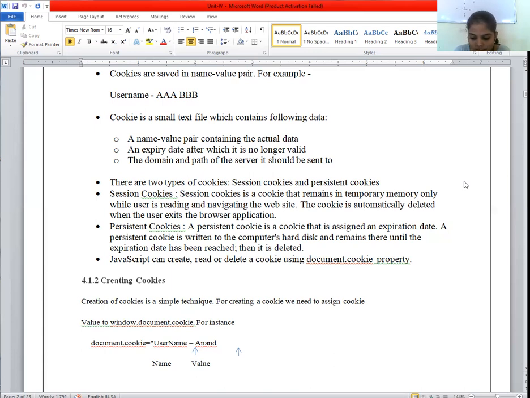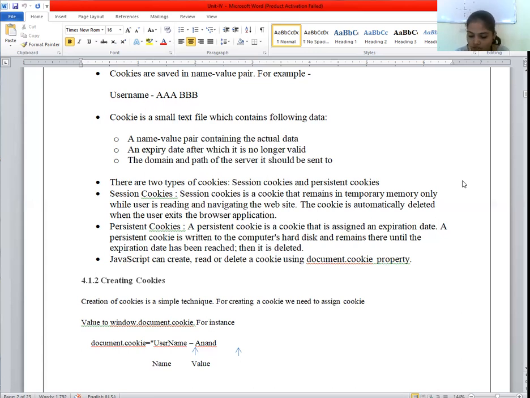Expire: the date the cookie will expire, and if this is blank, the cookie will expire when the visitor quits the browser. Correct, as I already told you. Domain: the domain name of your website or your site. Then path. Path is the directory or web page that sets the cookie. This may be blank if you want to retrieve the cookie from any directory or web page.